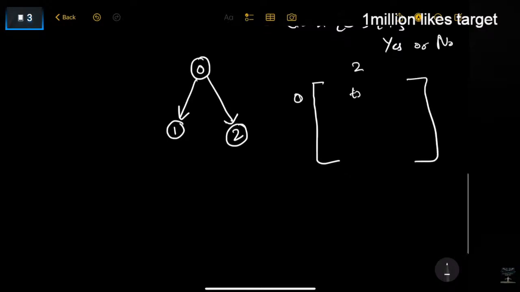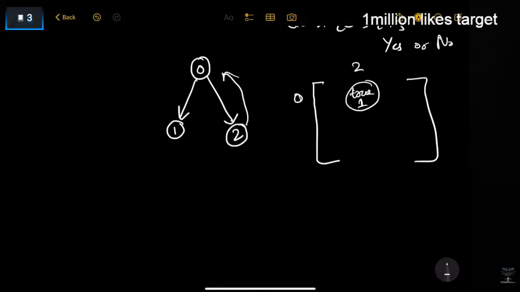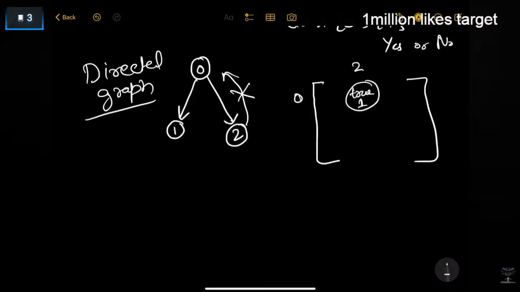जब आप इसको रिप्रेजेंट करोगे तो बस मैट्रिक्स में 0,2 के एंट्री में आप ट्रू या 1 भरोगे, ओके। 2 और 0 के एंट्री में नहीं, बिकॉज ये वाली एज इसमें नहीं है, ठीक है, ये बस ये वाली एज है। तो अगर आपके ग्राफ में सिर्फ डायरेक्टेड एजेस हैं तो उसको हम बोलते हैं डायरेक्टेड ग्राफ। तो अभी हम प्रॉब्लम जो करेंगे उसमें आपको और अच्छे समझ में आएगा।